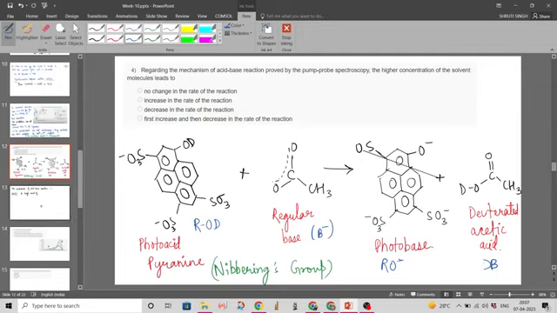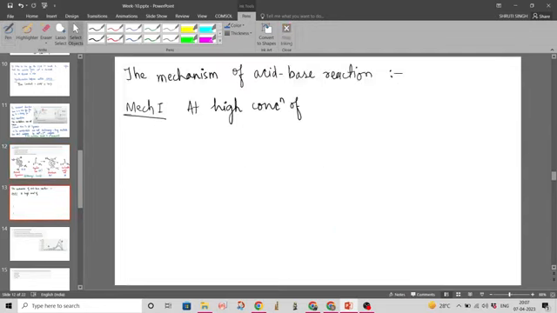Okay, so at high concentration of acetate, that is B minus,